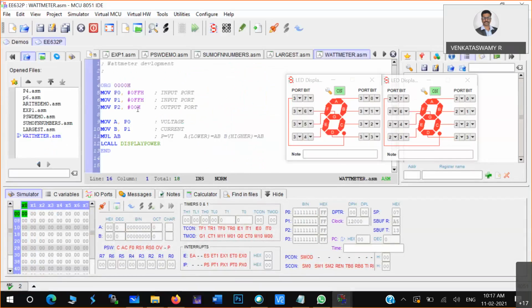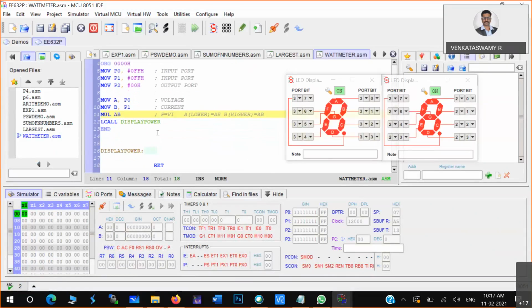Here you can load some value and multiply, and that will be displayed. We want to display the content of the accumulator in ports 3 and 2: the first digit in port 3, and the next digit in port 2.